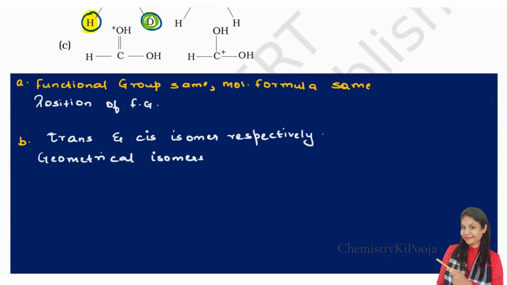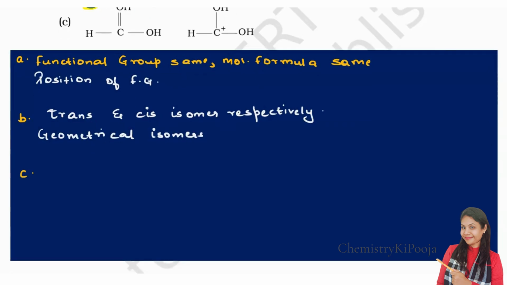Now coming to the next one, C. Here I can see, what is the similarity here? There is a carbon double bond oxygen, and here it is carbon single bond oxygen. Now suppose I simply pull this electron, this oxygen is pulling the electron towards itself, I will be getting this structure with a single bond, and this carbon will be electron deficient. Yes or no? So basically both the structures are nothing but resonating structures of each other.